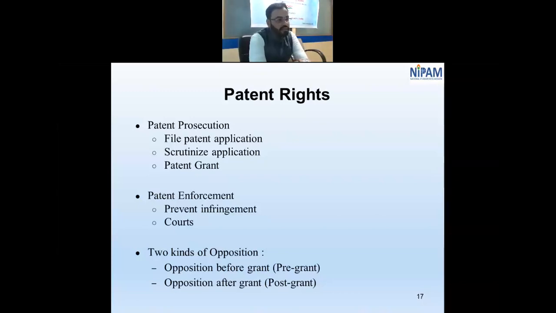So, if someone infringes your intellectual property, you can actually approach court and prevent that particular person from doing so. There are two basic terms, pre-grant and post-grant, which I mentioned over here, although it is not directly related with the patent prosecution or patent enforcement process. I mentioned it over here because a lot of times people ask whether a patent once granted can be revoked or not. Well, yes,